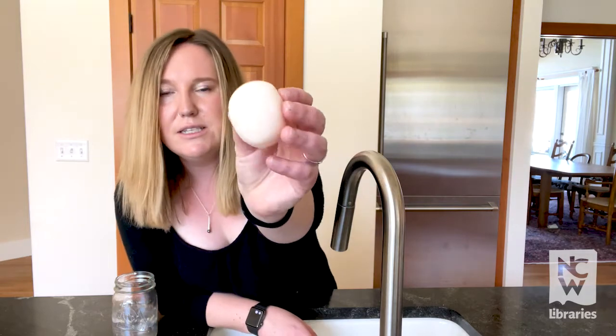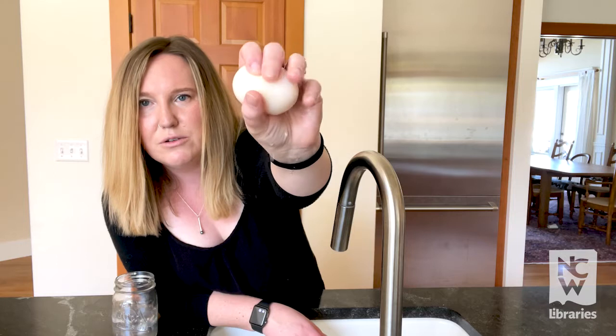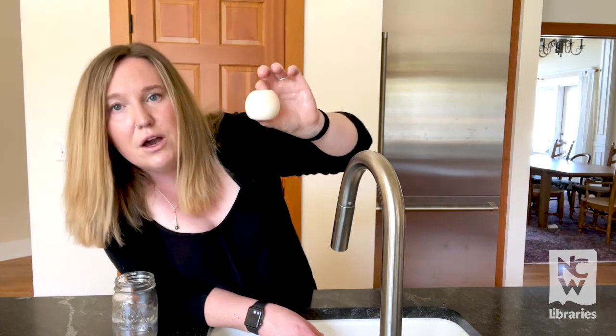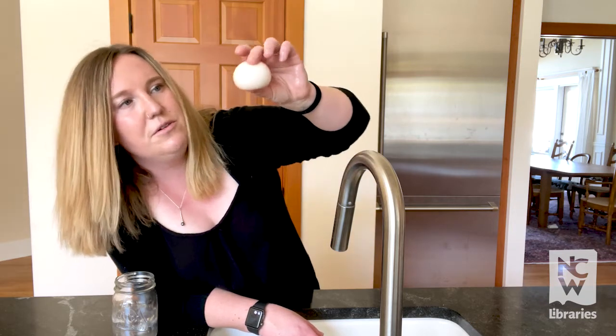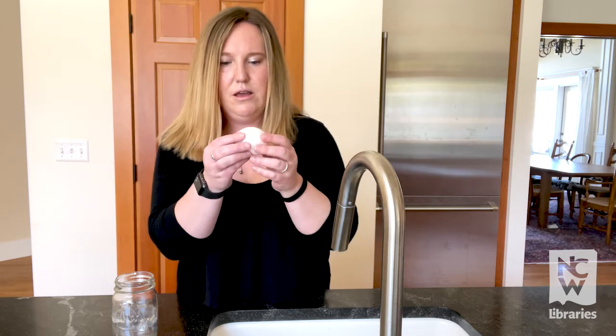And then you can see it is an egg, but it's squishy, but there is no shell on it. If you look really closely and you hold it up to the light, you can actually see the little bit of the yolk that is in there as well, just kind of floating around. And so now we've made a rubber egg that has no shell and is super squishy and is kind of fun to play with. You could conduct some experiments to see how durable this membrane is by maybe dropping it,